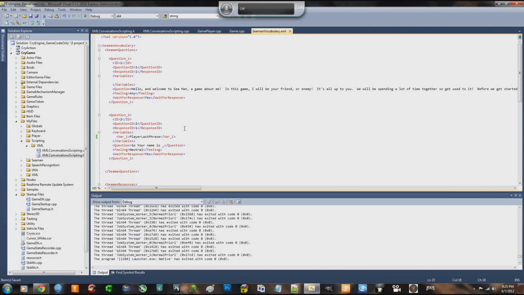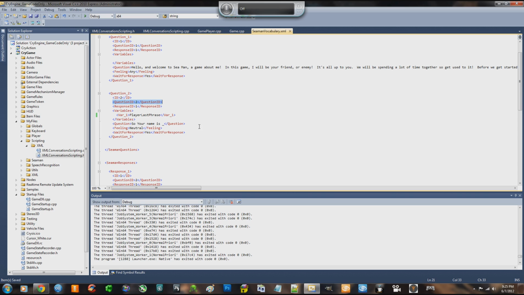So let's say we have 10 different things that Seaman can respond with, based on what I just said, because it searches the matching question ID. It then goes ahead and says, okay, let's find a random one. I can say 10 different things, but let's just choose a random one. And I have the math random function in C++. It chooses randomly, based on how many responses there are, a random response. So once it gets a random response